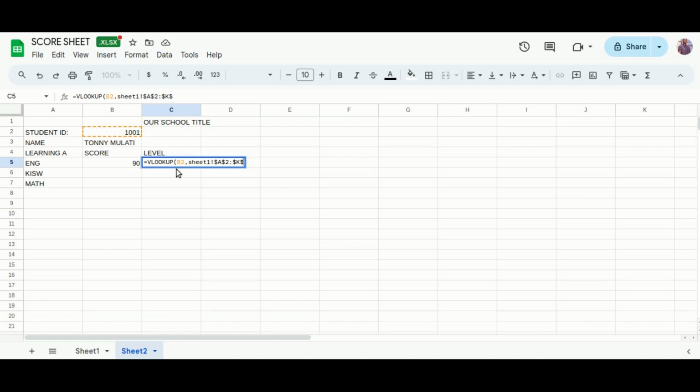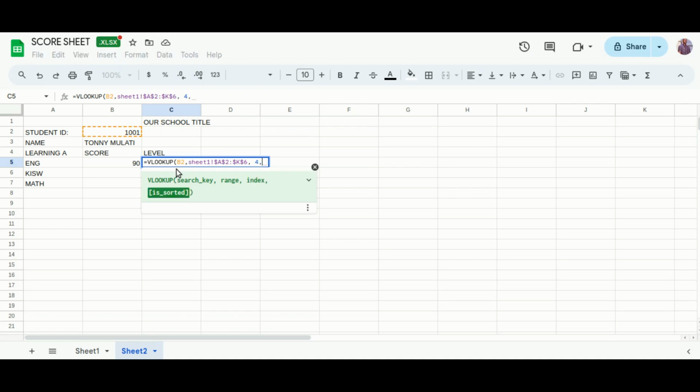Then comma, then spacing, then this rubric level is in column number 4 of our sheet 1,